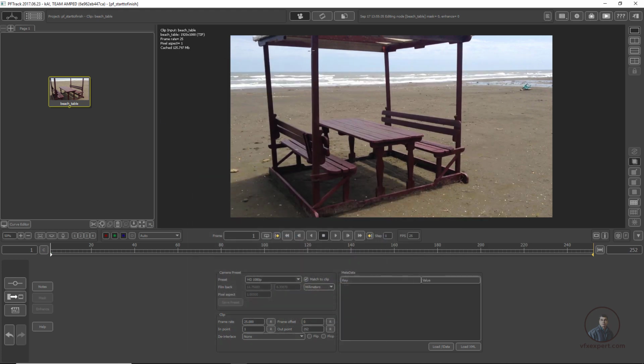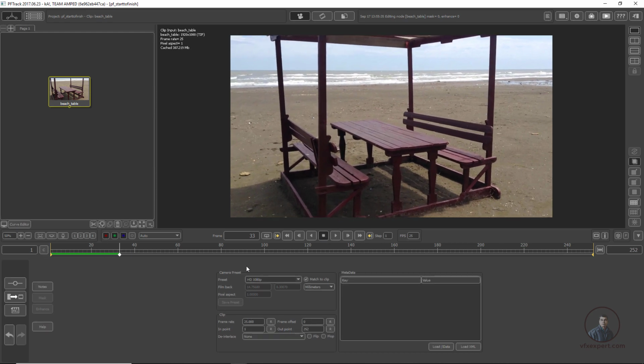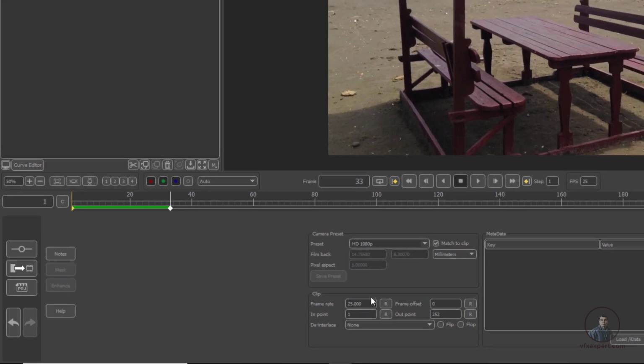So after this you will see this is our camera view, or simply our viewer or display area, whatever you can say. Downside you can see this is our timeline control, play, stop, all these things. Downside you will see these are parameters related to our footage. Here you will see this is our footage frame size and this is the frame rate. So if you know your footage frame rate, then simply you can type it here. After this you can track your shot at that frame rate. This is important. Okay, so if you know, then here you can type your frame rate. After this you can track your footage. Otherwise by default it will take 25 fps.